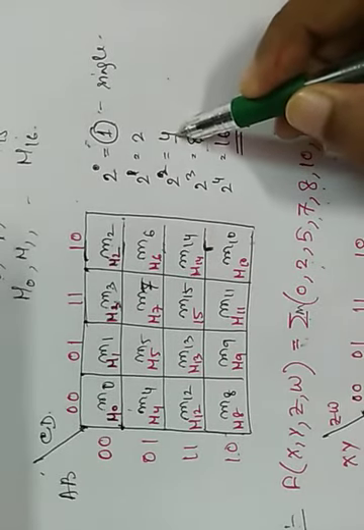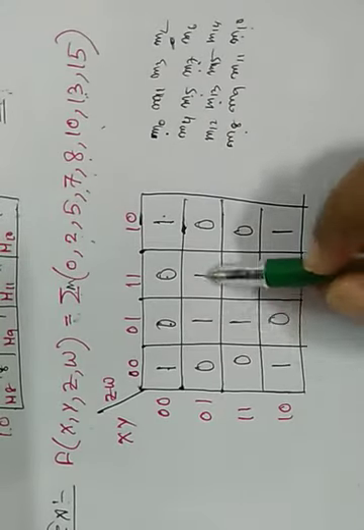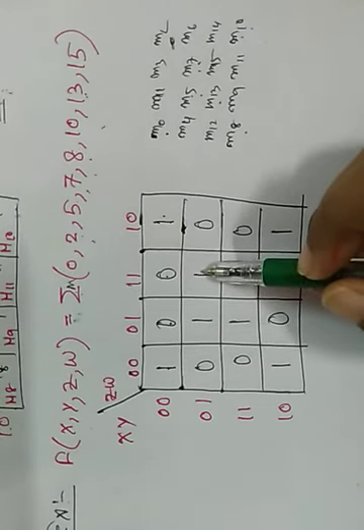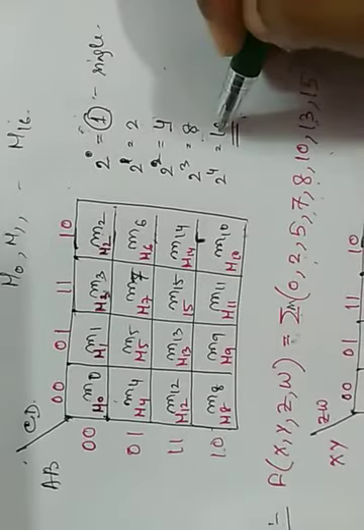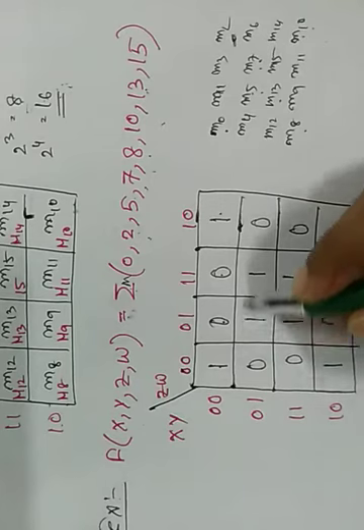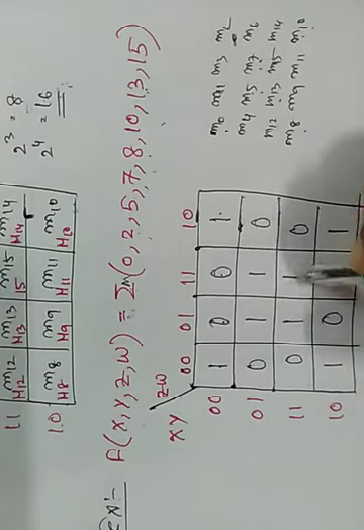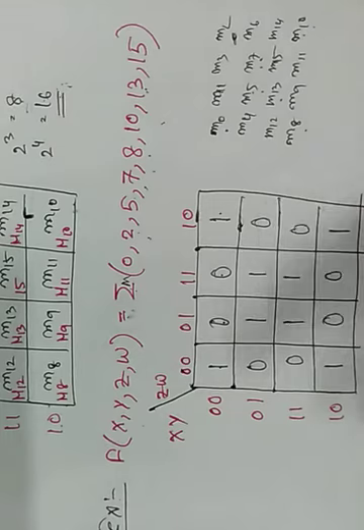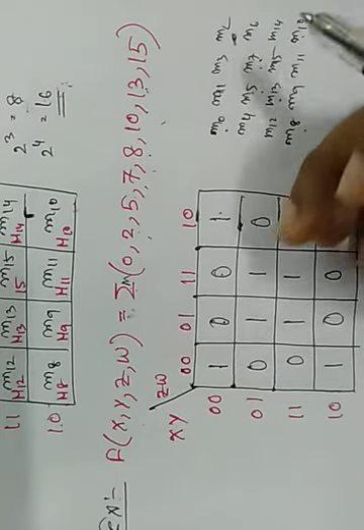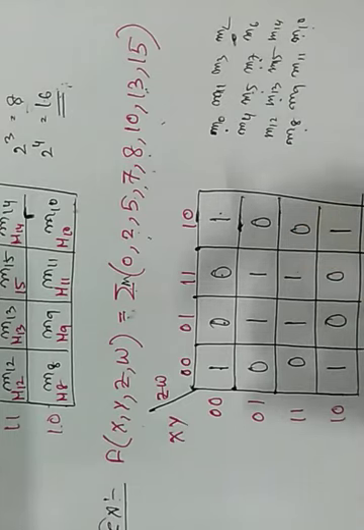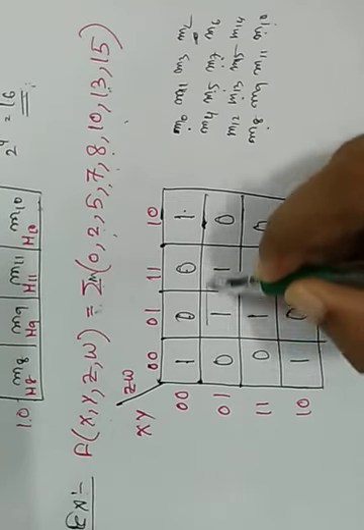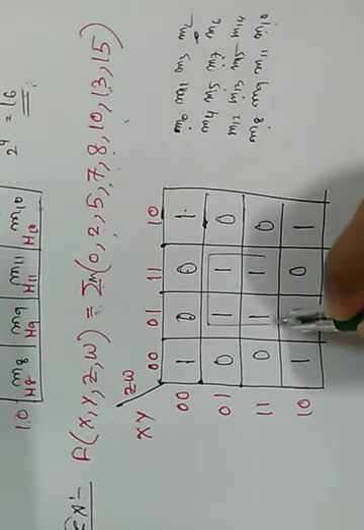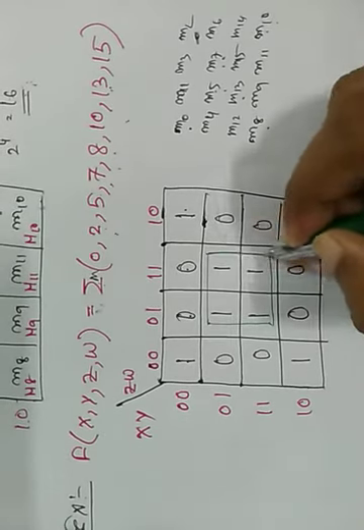Next, check whether it is possible to combine 4 ones. Here there are 4 ones in a proper sequence, so we can combine them this way. But if you check top to down, these 4 ones can easily be broken into 2 ones, so you should not do this, because our main target is to simplify. The more ones we can group in a circle, the simpler the expression, so we have to make the larger circle.